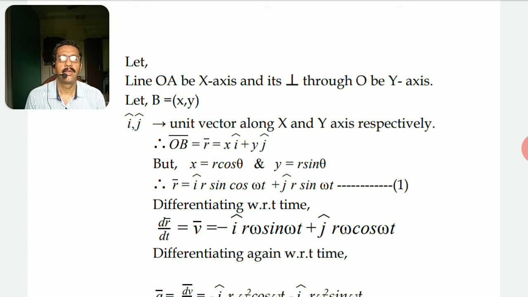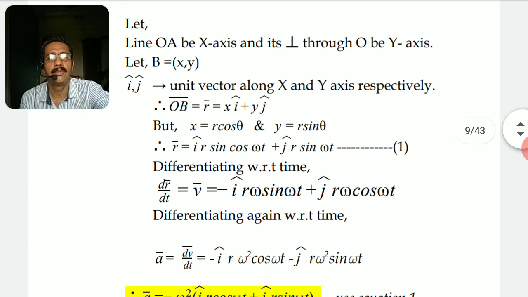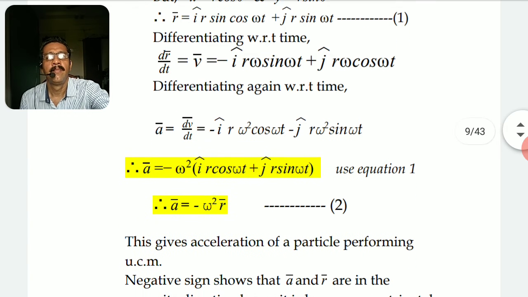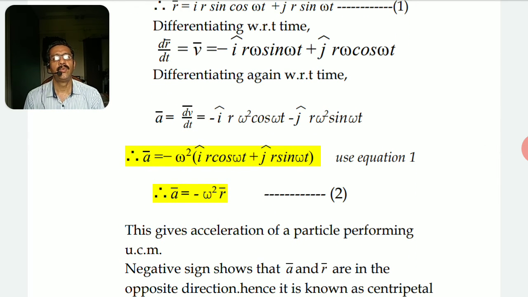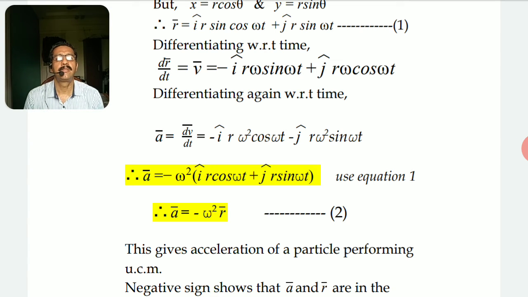Then I differentiate equation number 1 with respect to time t, and I find that dr by dt, which is the same as ds by dt, will be equal to vector v, where vector v is going to be equal to the derivative of that term. If you do a little bit of mathematics, you will find it's equal to ir omega cos of omega t plus jr omega cos of omega t.